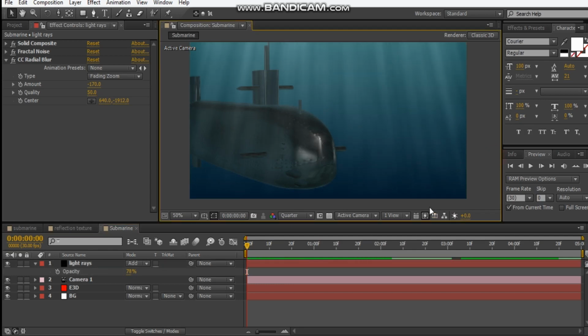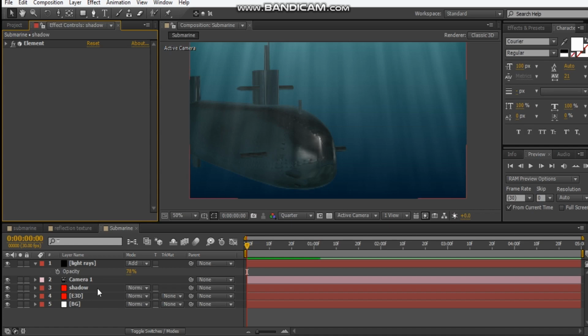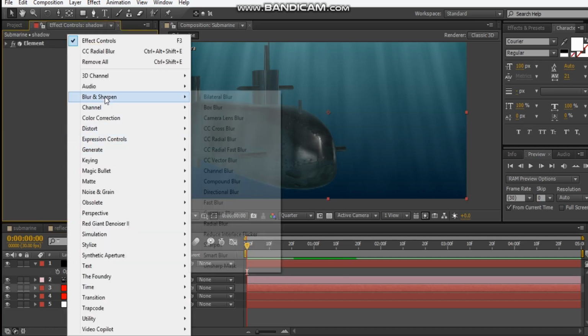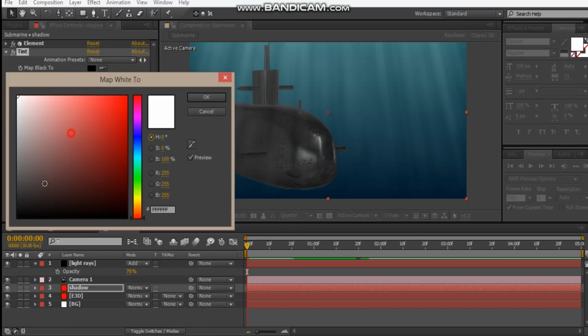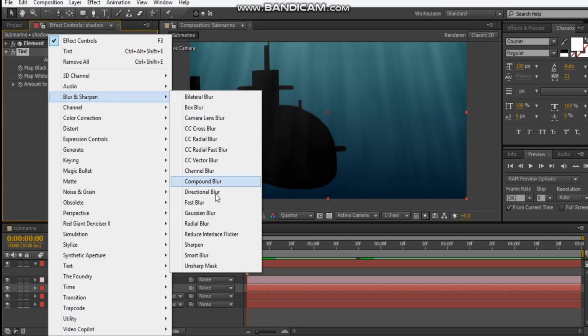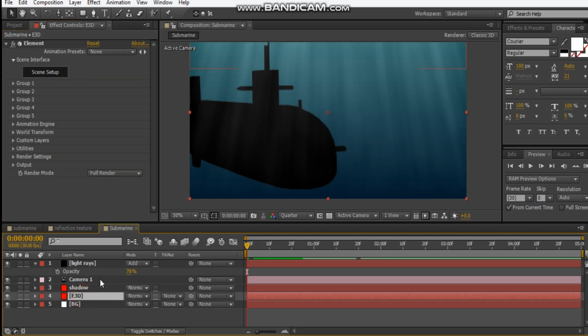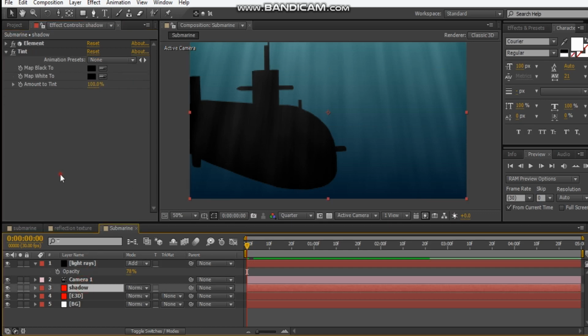Cool. Alright, so next thing we have to do is we can make our shadow for our submarine. So just hit Control D for our Element 3D and call this shadow. And I'm just gonna get a tint effect, so color correction tint, set this to black, and then we're gonna get the same light ray effect, so Control C for the radial blur and then Control V,